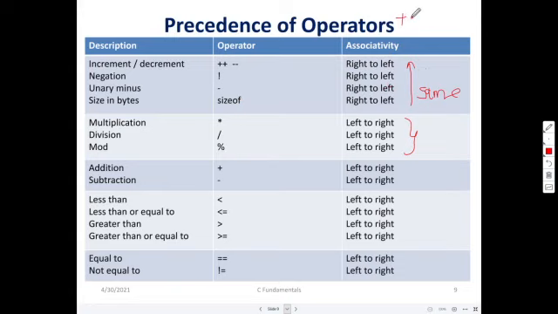Suppose plus plus a plus minus minus a is there. An equation like this is there. So the value of a is getting changed continuously, right? So first what will happen? Right to left. So plus plus is one operator, minus minus is another operator which has the same priority. But this is a binary operator which is available here. This is of priority number 3. So first these two will get done, and after that finally this operation will be executed.